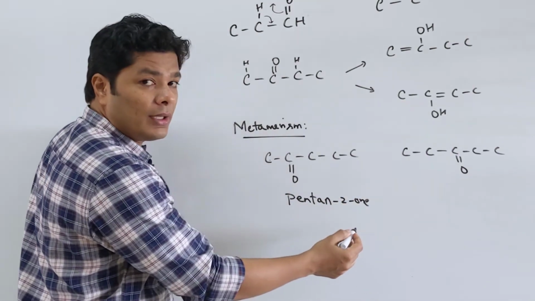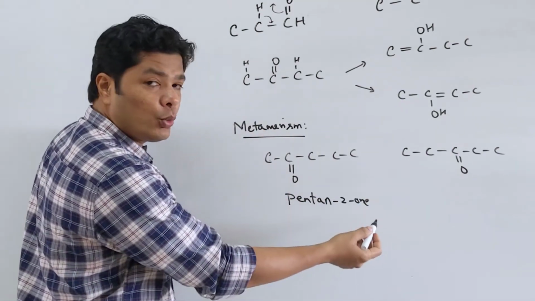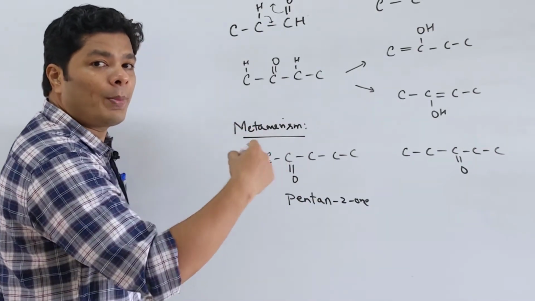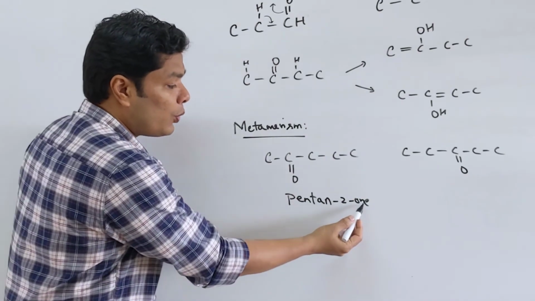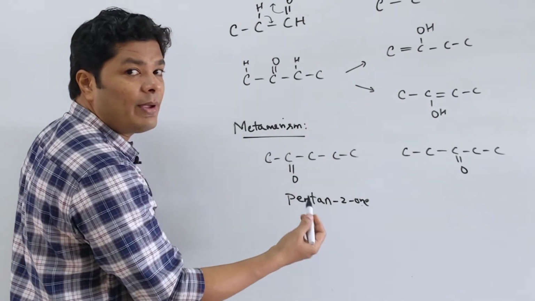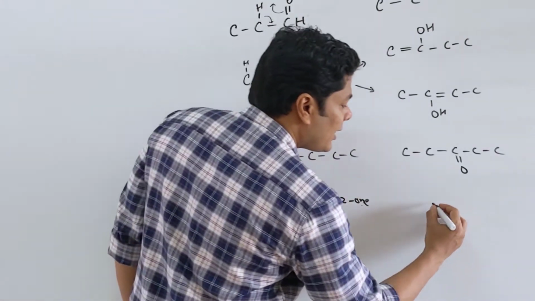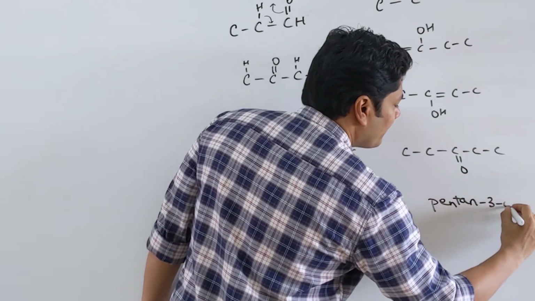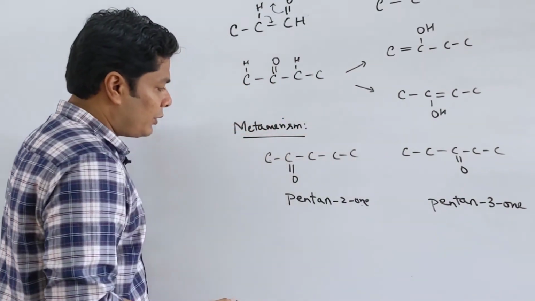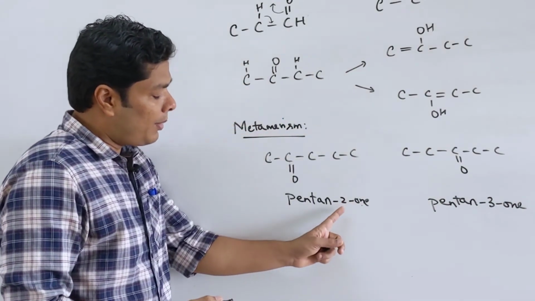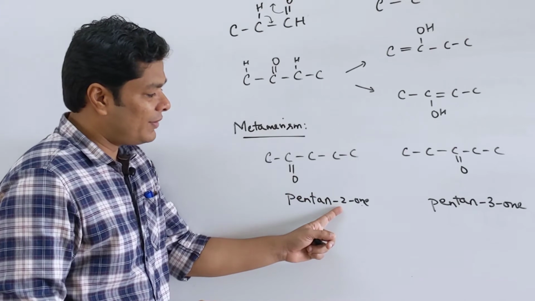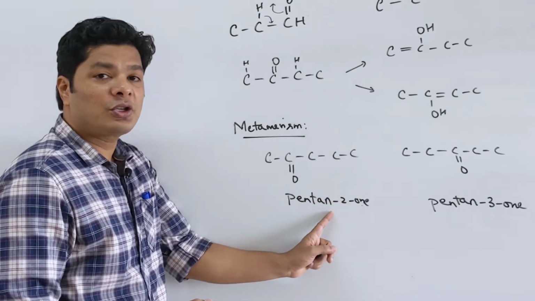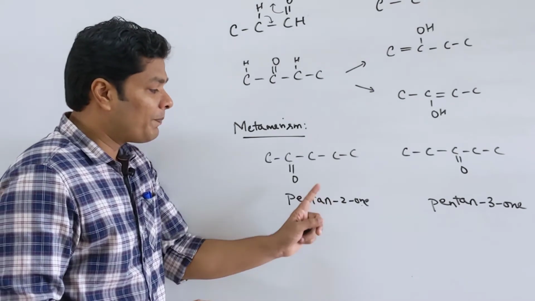So pentan-2-one. 2-pentanone is old IUPAC naming, pentan-2-one is the new IUPAC naming. Similarly, 2-propanol, propan-2-ol. So that 2-one along with the functional group is the new IUPAC naming and the more correct way. Here I will have pentan-3-one. So now it looks like just the position where the C double bond O group is present is different in IUPAC naming, correct? So 2-one, 3-one. So it looks like a positional isomer of the functional group. But when it comes to